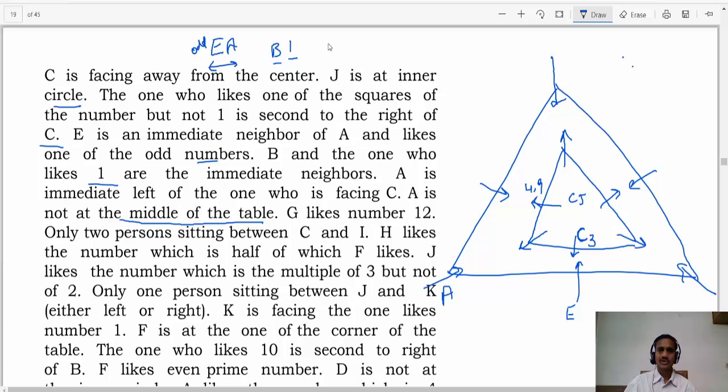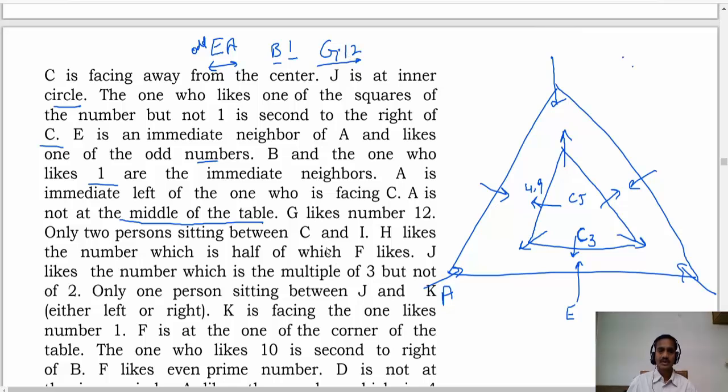G likes number 12. G number 12, that is fixed. Next one. Only 2 persons between C and I. C కి I కి మధ్యలో కరెక్ట్గా ఇద్దరు ఉన్నారు కనుక C ఇక్కడ ఉన్నాడు కాబట్టి 1, 2, I must be at this place. Clear? I is here. As I is here,